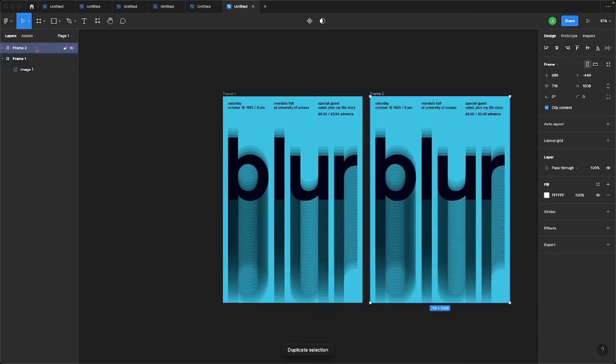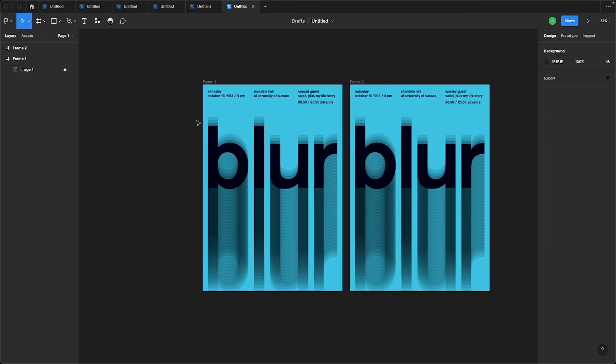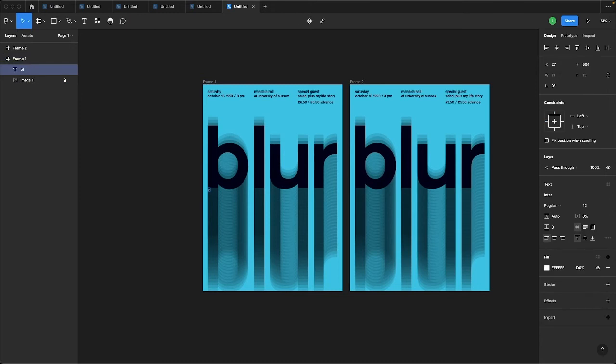I'm going to duplicate this entire frame just so we have side by side for reference, and I'm going to click frame 1, and then I'm going to lock down the image layer. All right, to create the blur, I'm going to type T, click here, and then type blur. Obviously, it's way too small, so to scale this, you press K on the keyboard, and then you just drag it up. You also notice it's the wrong font, so I'm going to go over here,